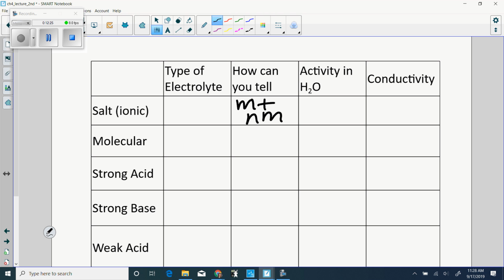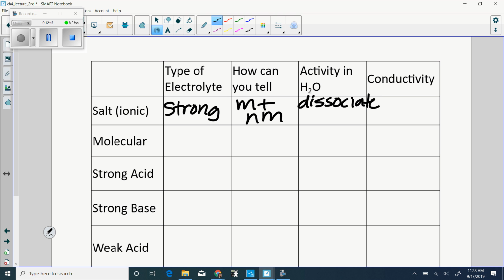The metals are to the left of the staircase. Most of the periodic table are metals. The non-metals are to the right of the staircase. So if I pick one of each, that's called a salt or an ionic compound. Those are strong electrolytes, and they dissociate